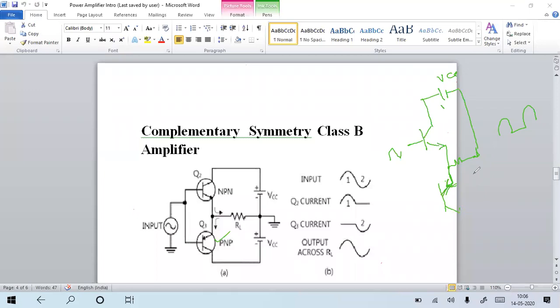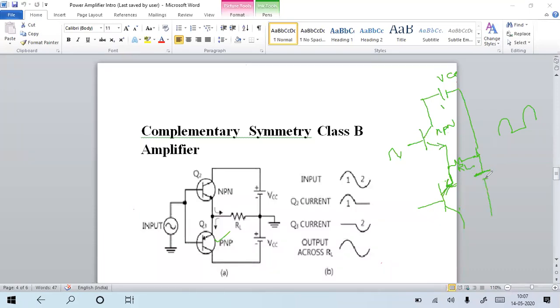So what will happen? Opposite behavior. Here the collector is connected with the positive terminal and the emitter is connected with the negative terminal for the NPN transistor. But the PNP transistor is reverse. The NPN transistor works on the positive signal. The PNP transistor works on the negative signal. We are already familiar with this. So the collector has to be connected to the negative terminal, and the emitter has to be given the positive via this load resistance. The load is common between the two transistors.